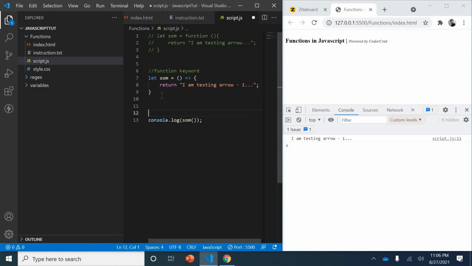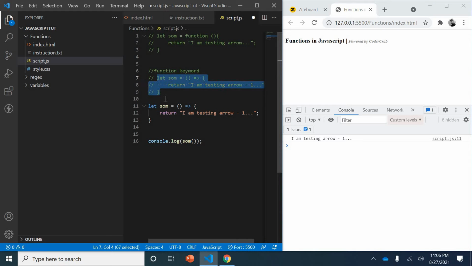So let's make it simpler. I'll copy it again, put it here, and comment it. Okay, so let's come to this one. As you can see, I have a very simple statement here, one single statement. I feel I don't need this, right? So I'll get rid of this. Do you have an error?